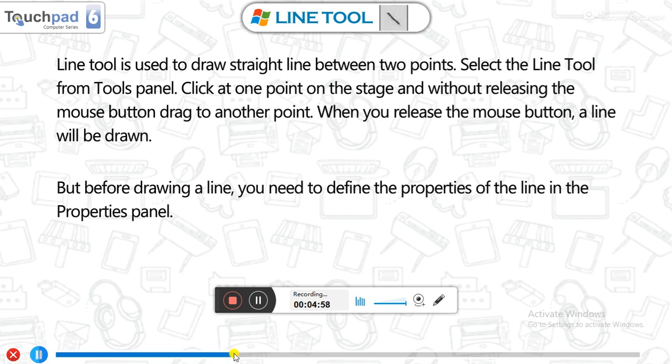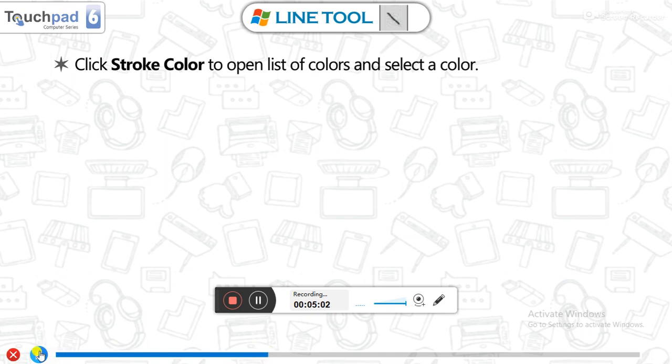How to make changes in the properties? Click stroke color in the property panel; there are some settings that you can change. After that, when you draw a line, the selected properties will be applied.